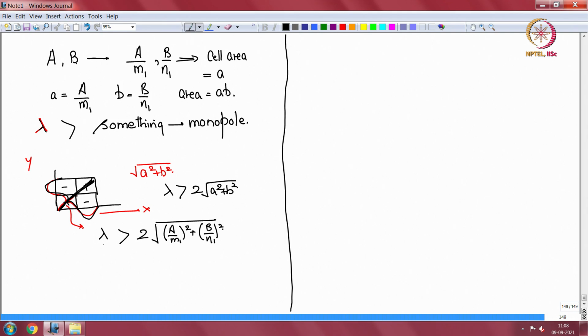Okay, and lambda is what? How is it related to wavelength? Lambda, okay, so we have twice pi by k greater than twice square root of a square plus b square. Okay, so that means the acoustic wave number k has to be less than pi by square root of a square plus b square for